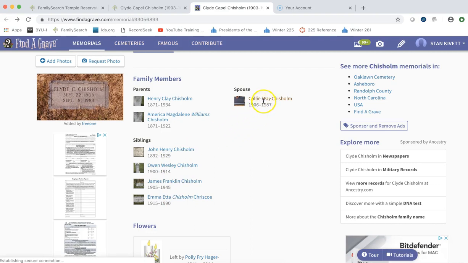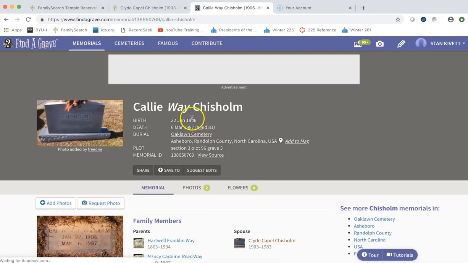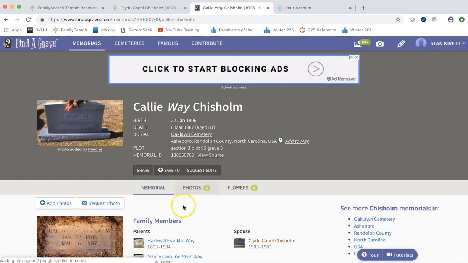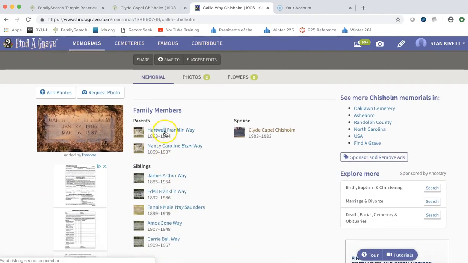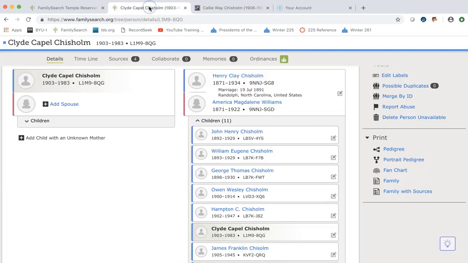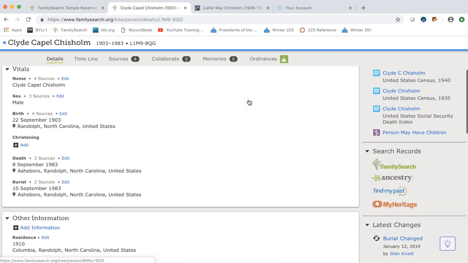But what I'm interested in is the spouse's information. So who the spouse is: Callie Way Chisholm. And I've got her birth date and her death date and where she's buried. And I've got her parents' names as well. So I'll want to enter her, but then let me come back here and show you